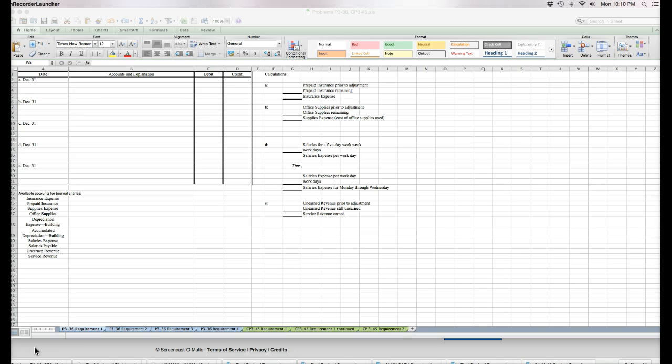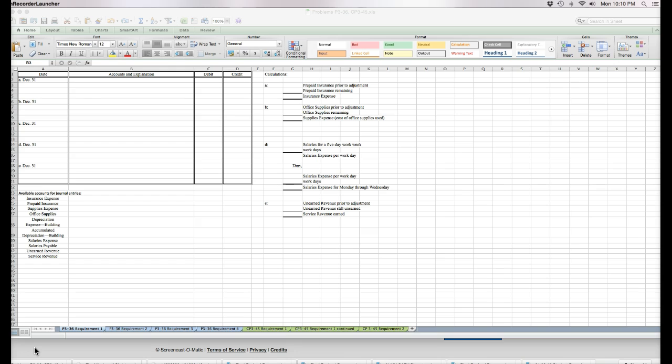We have two problems, P3-36 and CP, which means continuing problem 3-45. These continuing problems are ones where we're going to be looking at the same company throughout this whole process, so that's why they call it continuing problem. But let's first take a look at